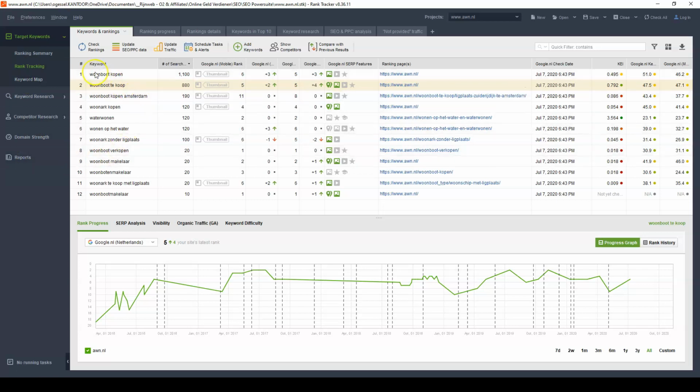And what you can see here is we have a couple of columns. So the keyword itself, the number of searches, a couple of different search engines. I use Google Mobile and Google Netherlands. And here you can see the SERP features that you are ranking for, the ranking pages, the check date, the keyword efficiency index that can help you identify potentially very interesting and powerful keywords,